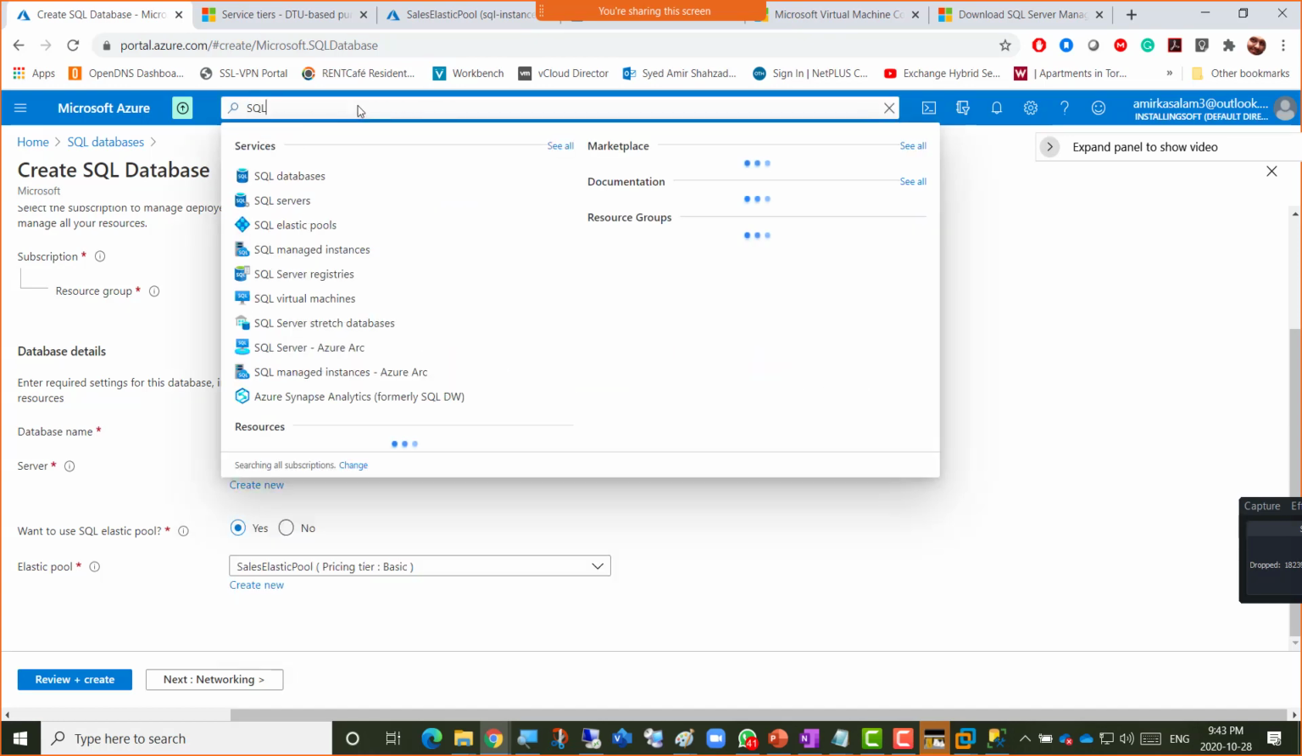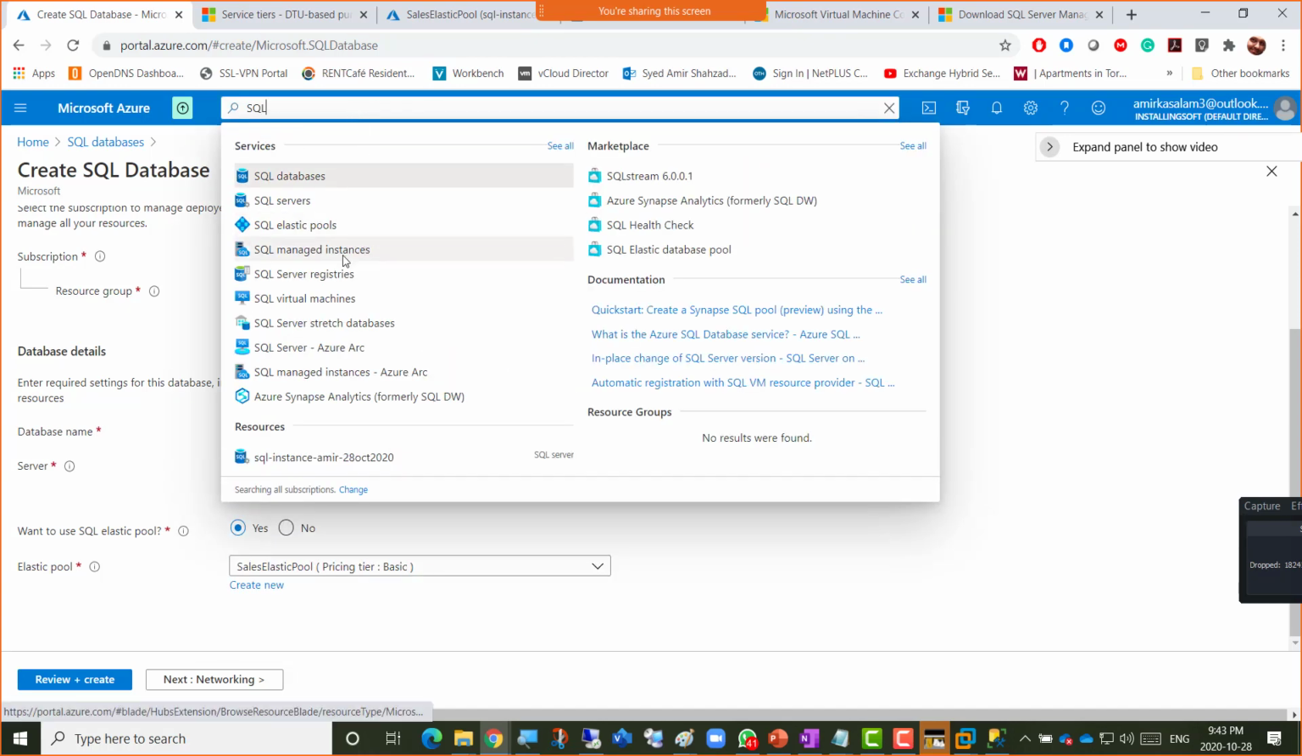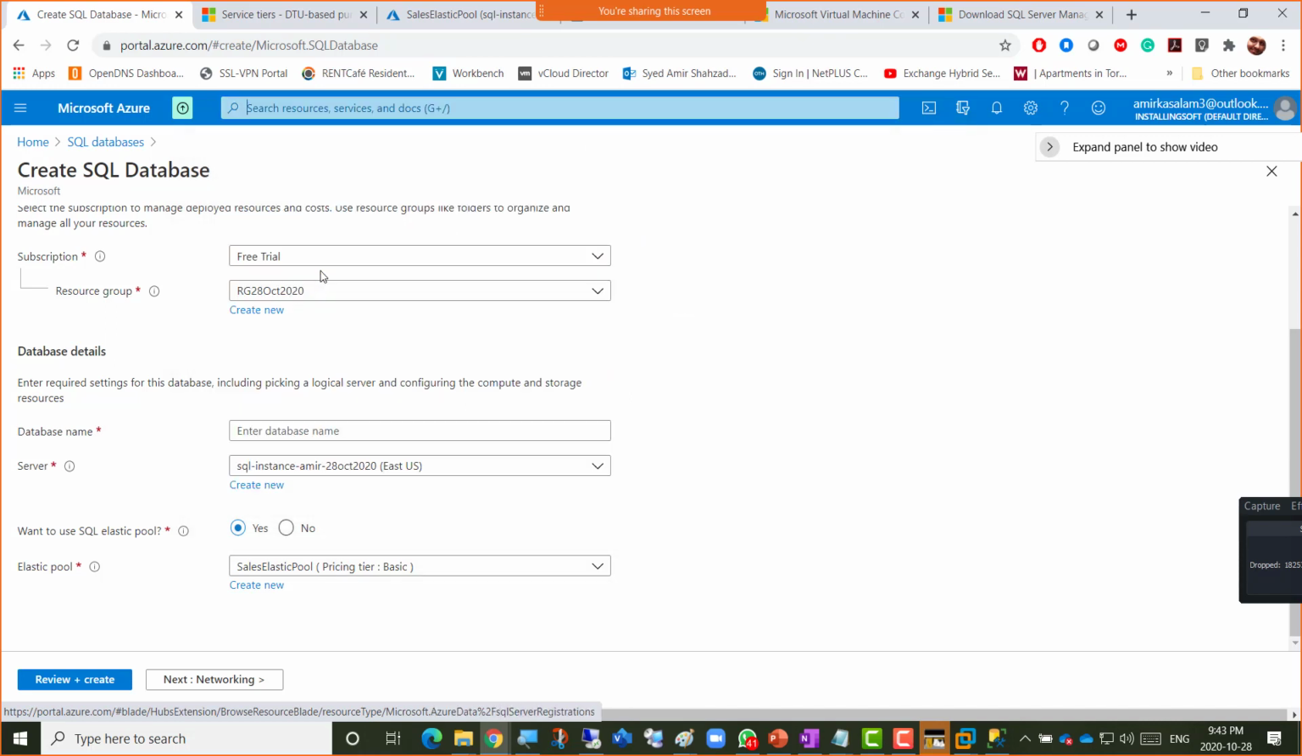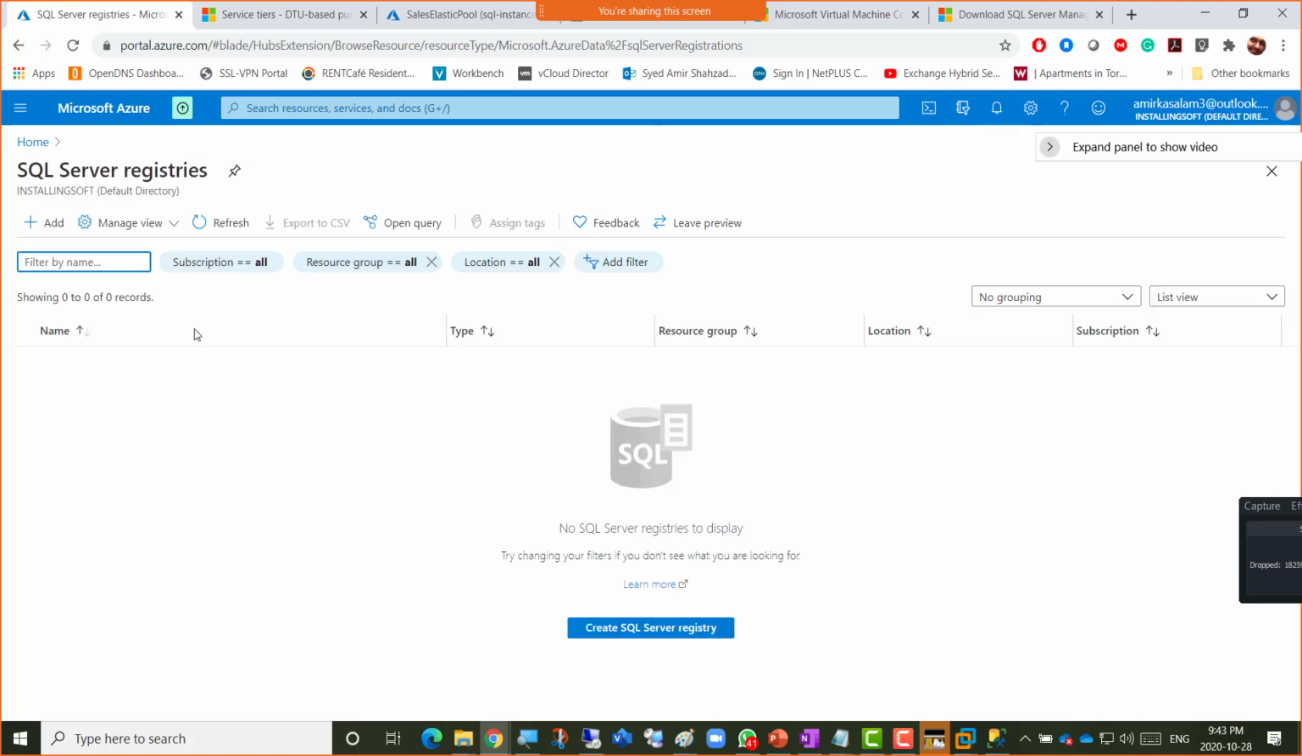And if we go for writing SQL here, managed instances would mean that your underlying hardware will not be shared with other instances. Then there are SQL Server registries and SQL Server virtual machines. So if I go for SQL Server registries, normally a registry here is supposed to mean that